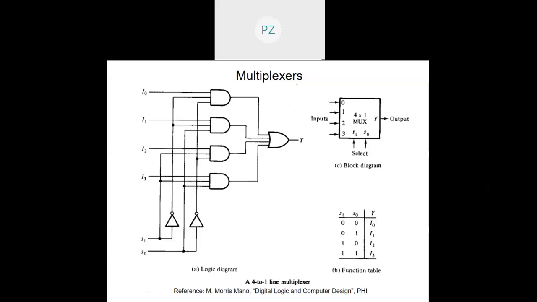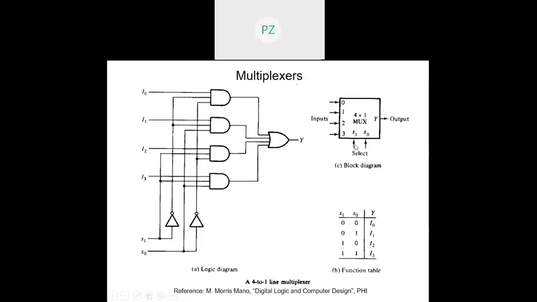A multiplexer is just the opposite of it. Just as an encoder is the opposite of a decoder, a multiplexer is the opposite of a demultiplexer, or more appropriately, a demultiplexer is the opposite of a multiplexer, right? Whatever way you want to put it. So a multiplexer will direct one of its n inputs to its single output depending on the status of the select lines.